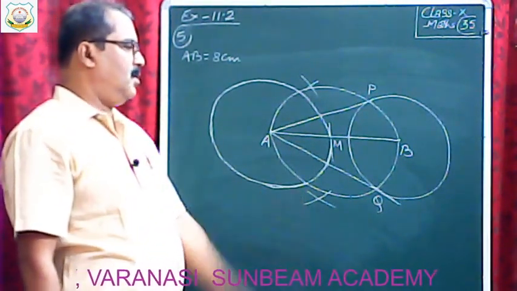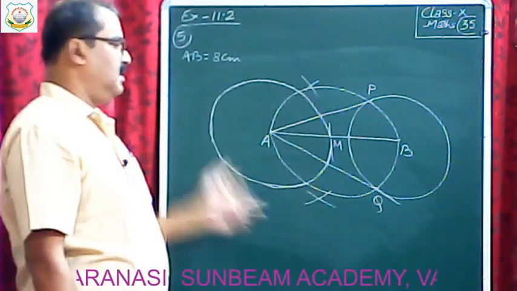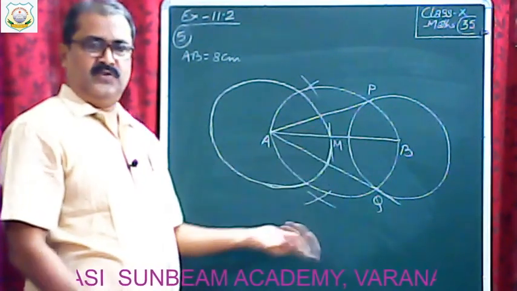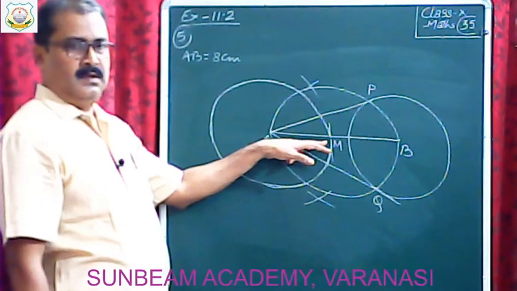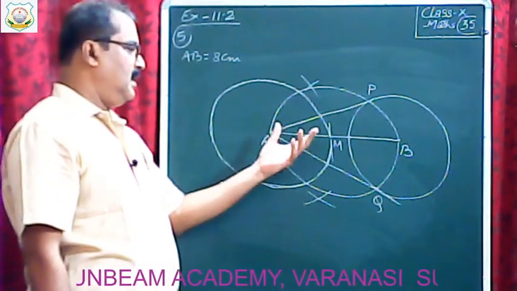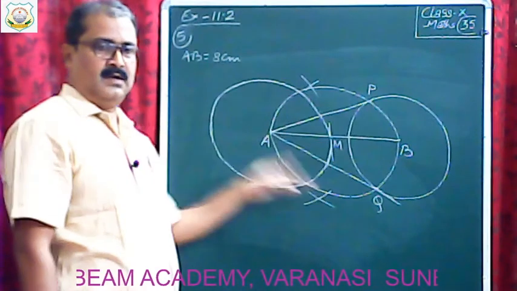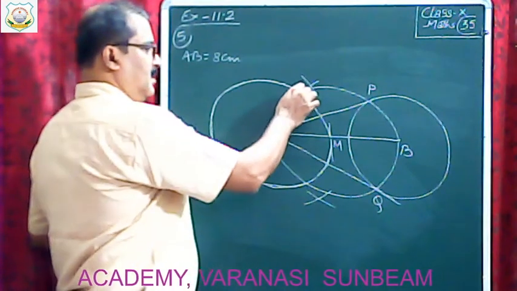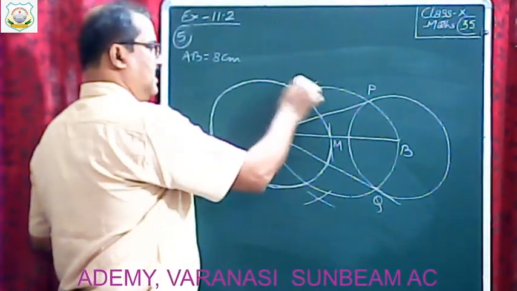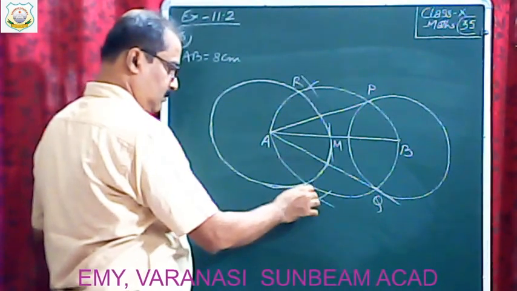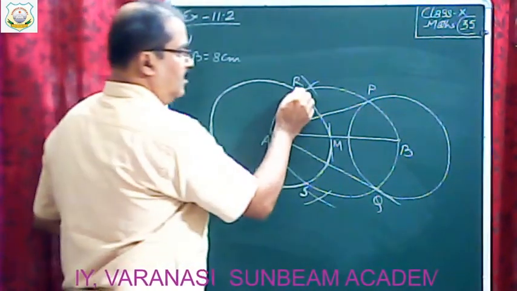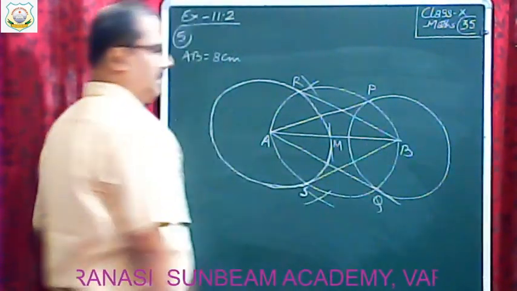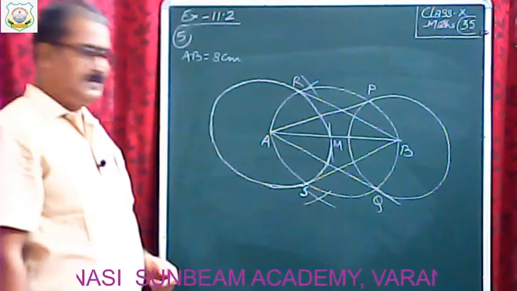Thereafter again you have to draw tangents from B to the bigger circle with center A. So again you have to join AB, already joined. You have to mark the midpoint. Taking that midpoint as center and half of the length of the segment as radius, you have to draw a circle, already you have done. Then we get the points of contact, suppose R, S. So join BR and BS, the second pair of tangents.